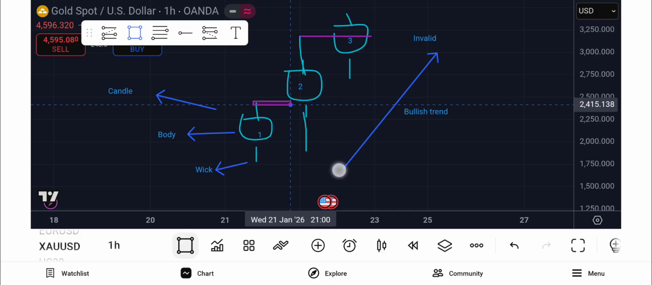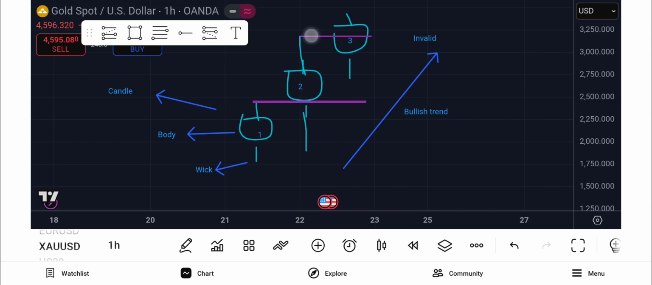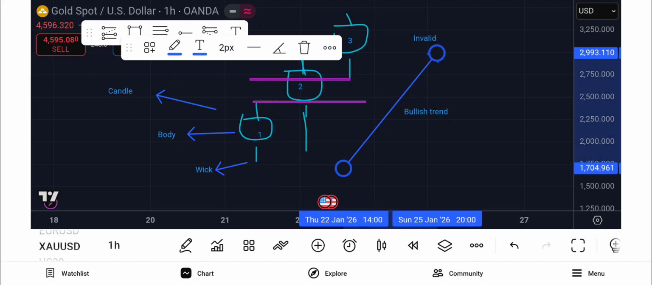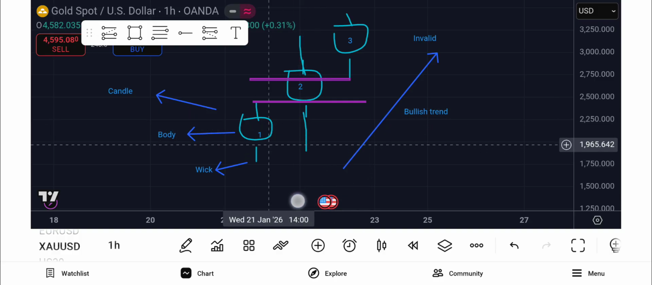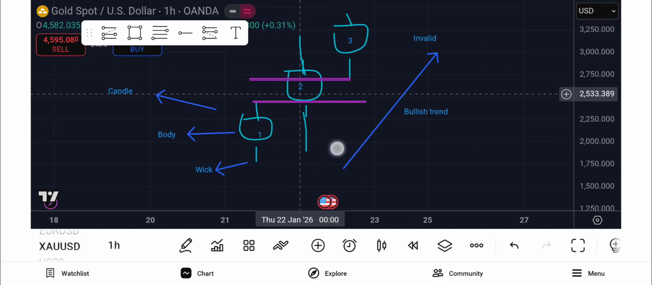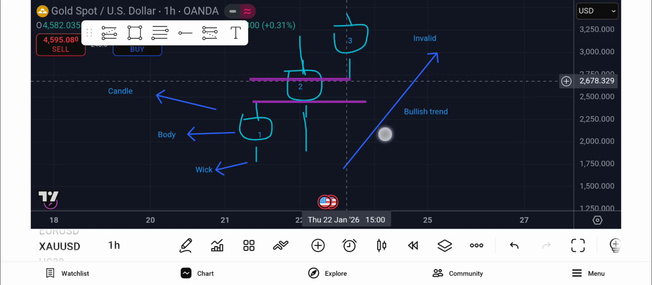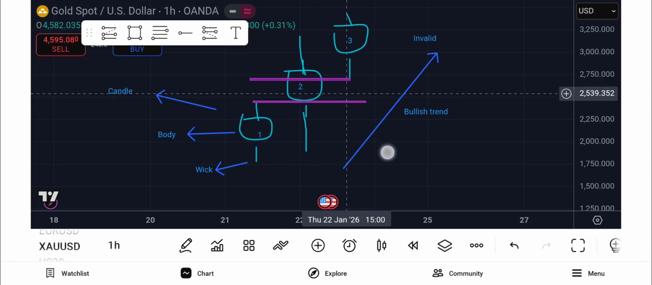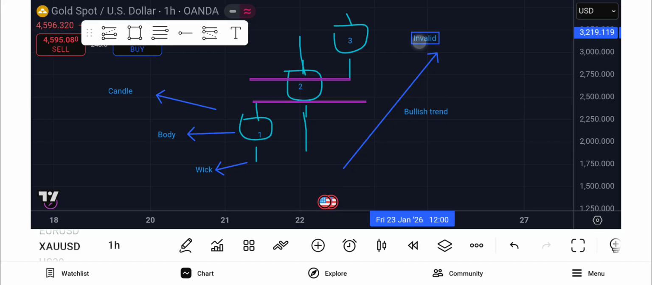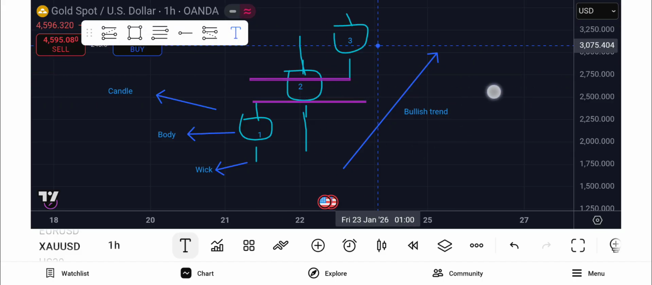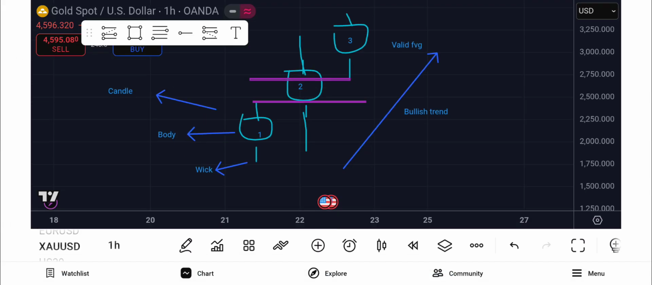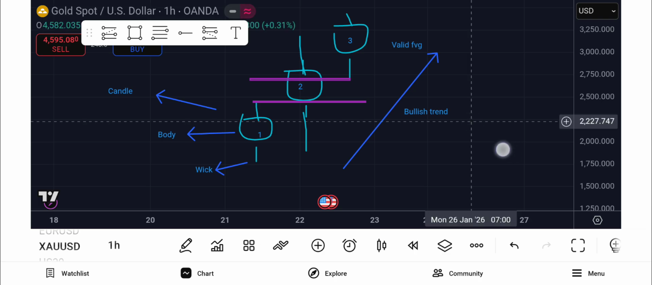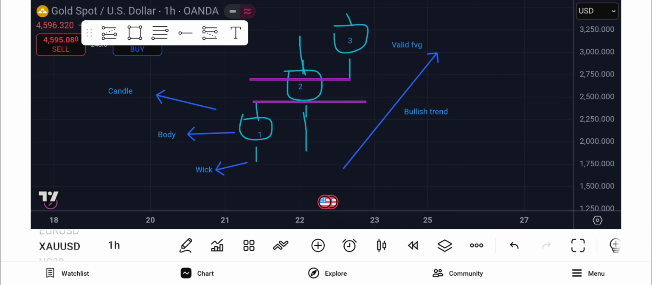So you can literally have something like this. See that? Even if this candle's wick is all the way down here and this candle's wick is all the way up here, as long as this third candle's wick here and this first candle's wick here doesn't touch, then it is considered a valid fair value gap. Okay, so this would be a valid fair value gap,